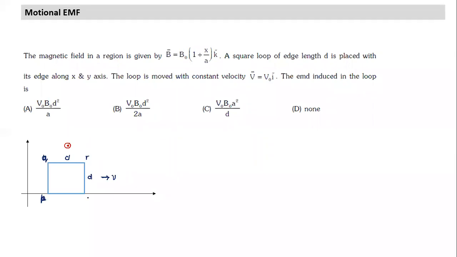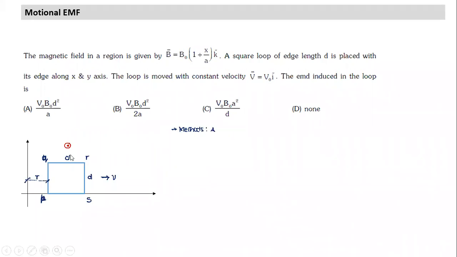There are two ways. I'm solving in a more general way. Let's see at a particular instant, it is at some distance R from here. Will the EMF induced in the loop be a function of R or independent of R? That's what I'm checking now. I'm moving at constant velocity. What is the EMF induced when the nearer edge is at a distance R from the Y axis? What are the two ways of calculating EMF? Can someone tell me the two methods? Method A and method B.